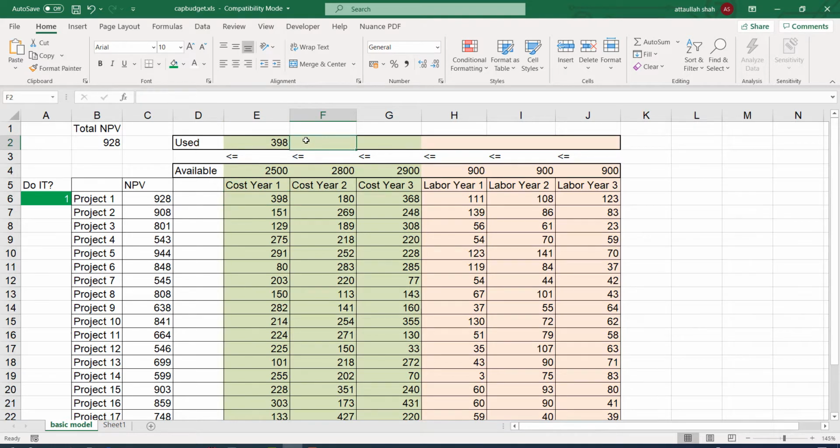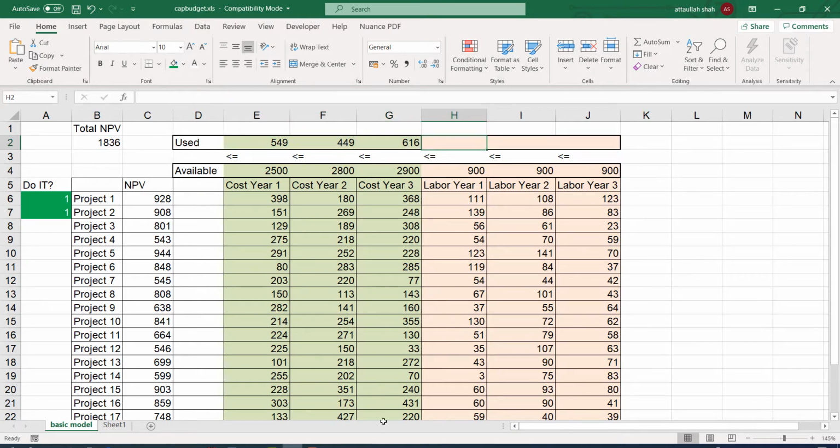We shall do the same. I can drag it. The first year cost, the second year cost is 180, and the third year cost is 368. Now let's select the second project. If I press 1, it will add to the total NPV, and it will add to the total cost.